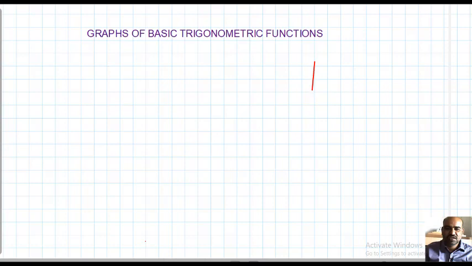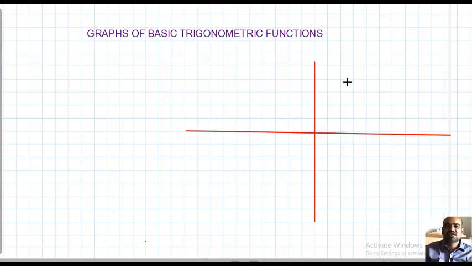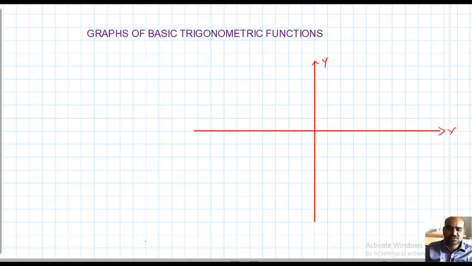The horizontal line is called the x-axis and the vertical line is the y-axis in general. Okay students, this is my y-axis, this is the x-axis, this is the origin. Actually, the x-axis and y-axis are two mutually perpendicular real number lines. I just want to identify integers on those real number lines, like that. Now I want to explain the meaning of the graph of a function.